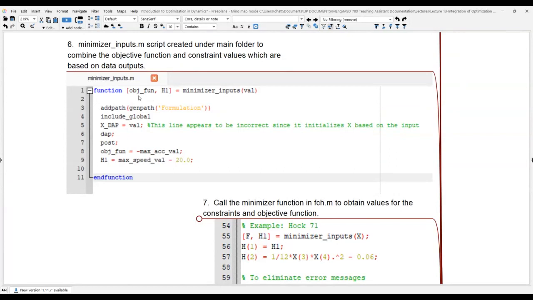And it's going to use these design variables to find the objective function value. And over here, we just defined H1. We don't define H2 over here because we can actually directly define H2 under the FCH file. H1, however, depends on the output of the post processor. So you can go and define H2 over here as well, but it's also fine to define it under